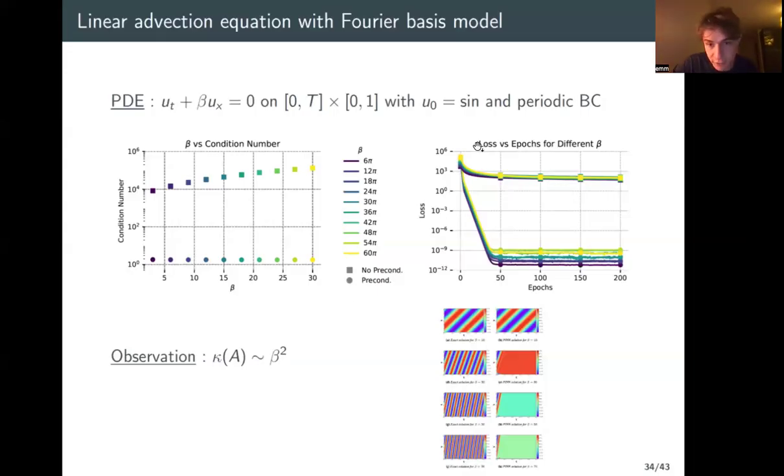And then we can actually verify this in practice because the loss behaves as such. And so this explains the difficulty in training that we had before. Essentially the conditioning of the problem becomes much more difficult, and we can actually have a rate at which it becomes more difficult in this context.